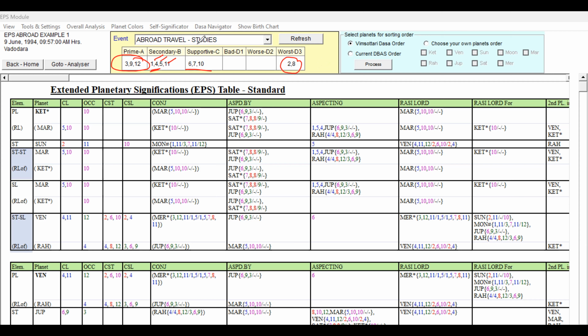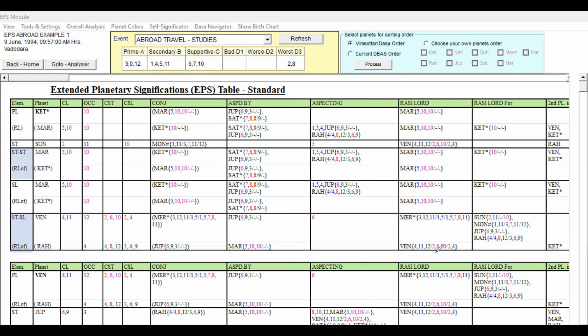Suppose for the studies, the fourth house is given under the favorable. Suppose instead of studies it is for the job, the fourth house can be there in the D2. Please understand, the fourth house also can be a supportive house for the job, because it is also a favorable house. But for the sake of giving the houses under favorable or unfavorable, we are categorizing them into that. But as I said, grouping only is important. Okay, I think we're able to understand.